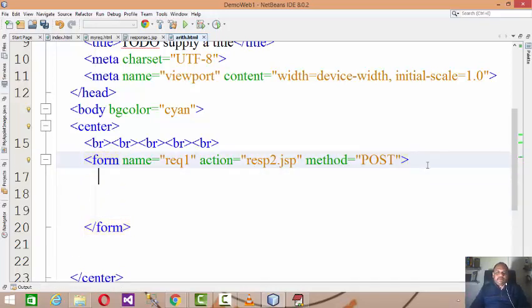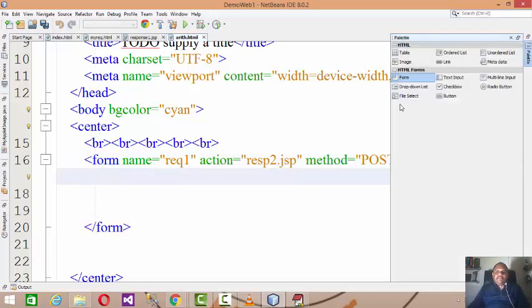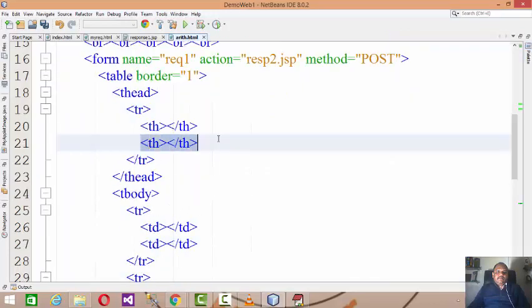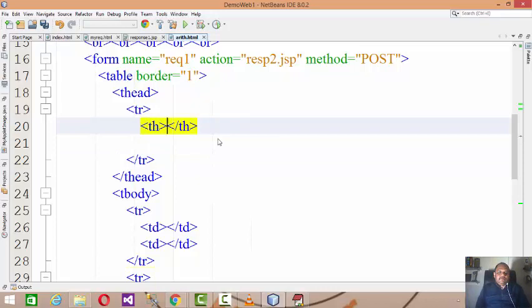So first of all, you develop a form. Take help of the table, and then Arithmetic Application is the title of the form.